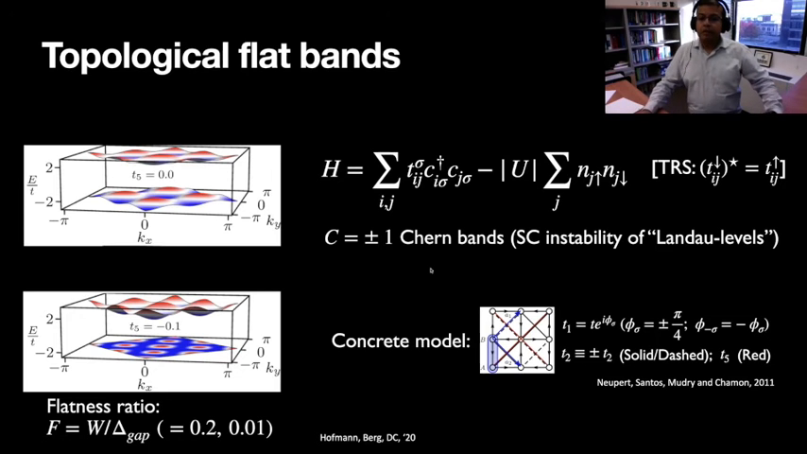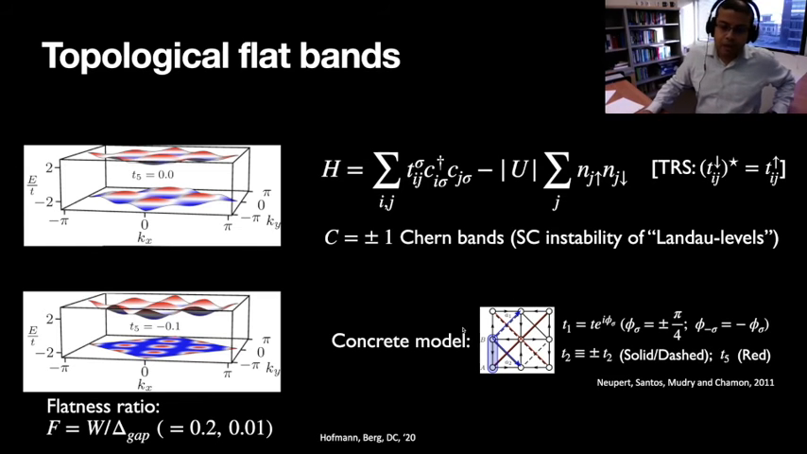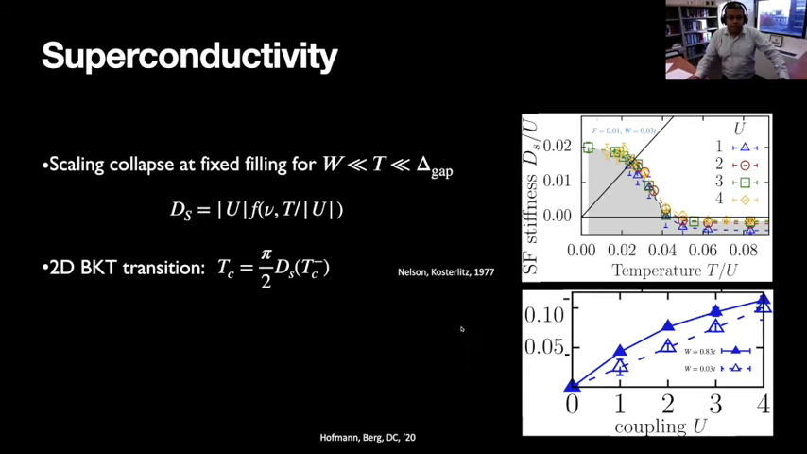at any value of u over the bandwidth of this flat band, and also as a function of any density. Okay, so when we do that, here's what we find. Okay, so there is superconductivity. So this is great. In fact, if you calculate the phase stiffness as a function of temperature for this nearly